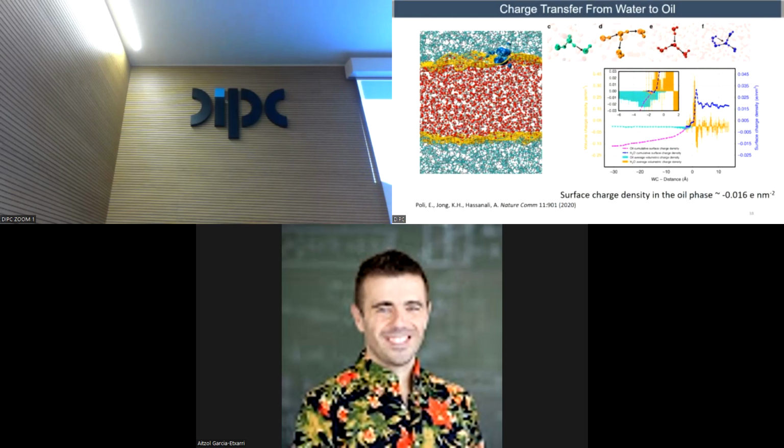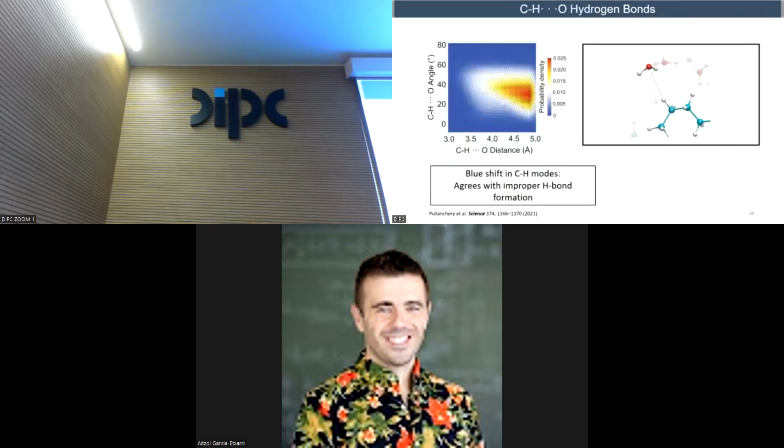So again, these theoretical simulations are confirming the idea of interfacial charge transfer, and the charge transfer occurs from these types of defects at the interface. There are different types of hydrogen bonding defects at the interface, and those defects then transfer their charge into the oil phase. And while he was doing these simulations, he also saw an interesting observation that there are some